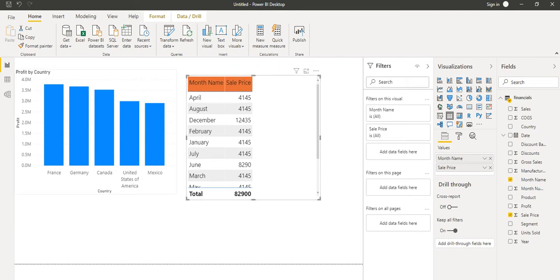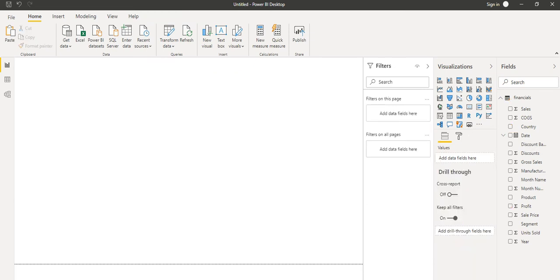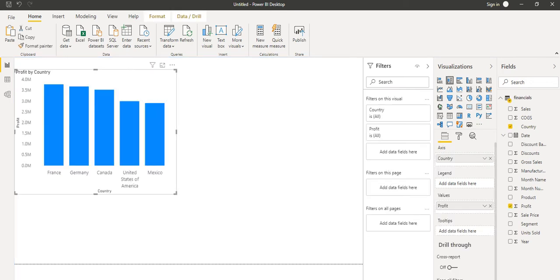Now if I click here, we can see there is a three dotted button. Not on the three dots, just right click on this, and from here you can see the copy visual. Let's copy this visual, and I am going to create another sheet, page 2, and paste it here.